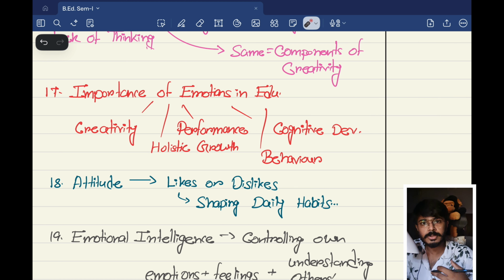What does it mean by emotion? I am feeling angry, I am feeling happy, I am feeling bored, I am feeling hungry. It's not about hunger, but I am feeling like I don't want to do this work. So these are the emotions, these are the ways to express our emotions. So whenever this emotional intelligence isn't there, right,